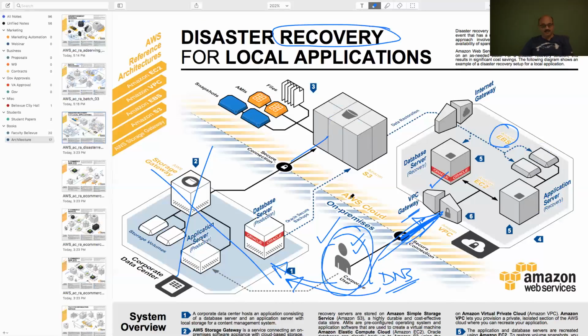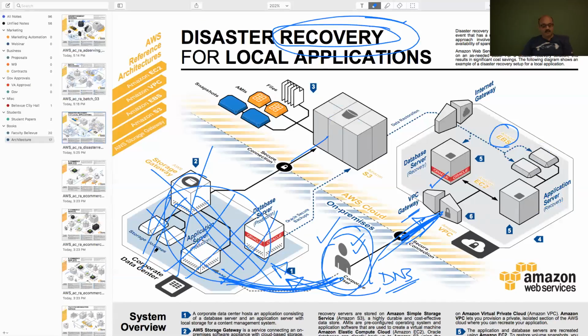There will be issues. Compared to local, nothing beats local. You have to be there to really understand how quick and efficient a local application can be. It's like running a program locally on your server in your company. Nothing beats that, because latency is really low. But you have a disaster, so you have a workaround as a recovery method. You're basically replicating the exact same design you had in your data center in a VPC,